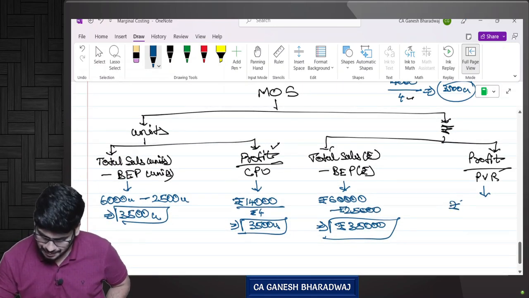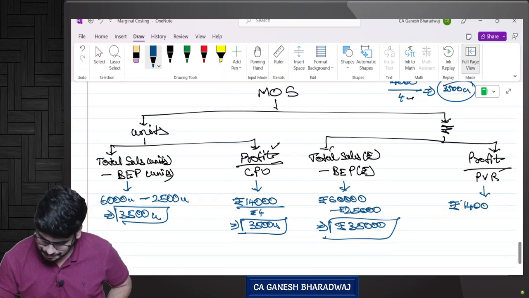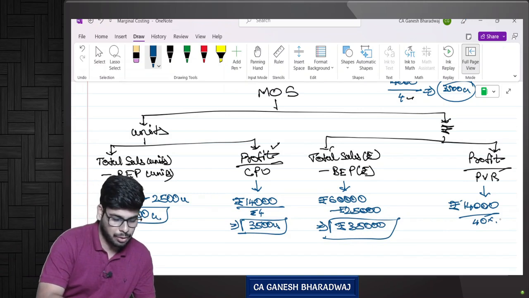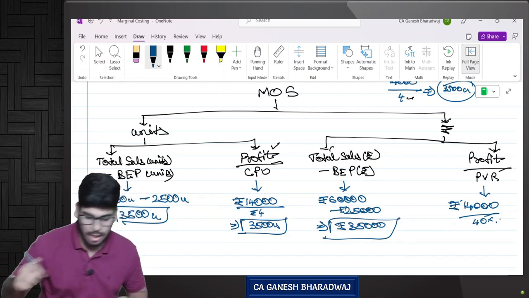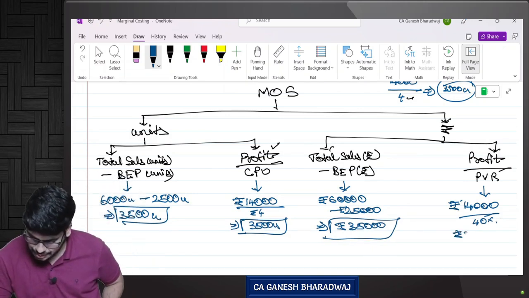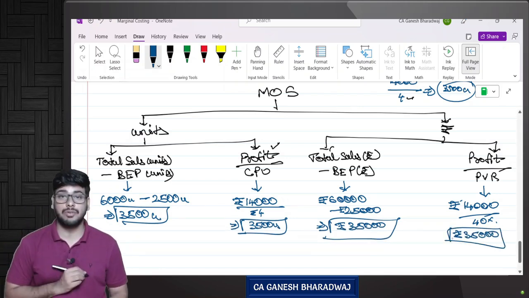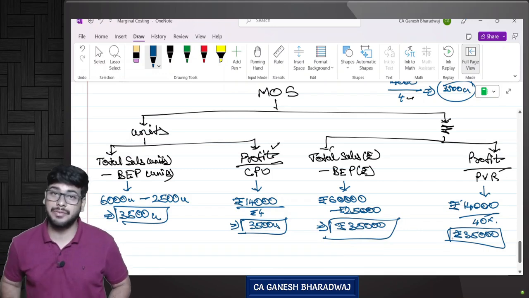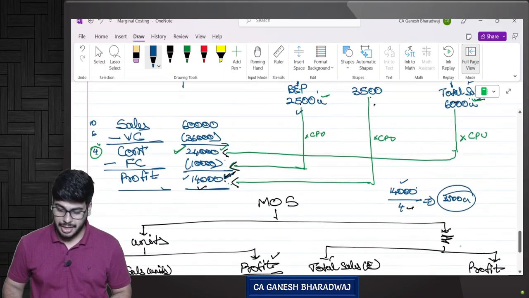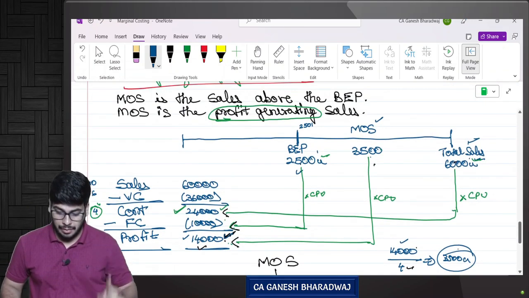This is how much? Rupees 14,000 divided by 40%. Take your calculator. 14,000 divided by 0.4. How much is this going to be? Rupees 35,000. Are you clear with this? This is an alternative way of calculating it. So always remember,